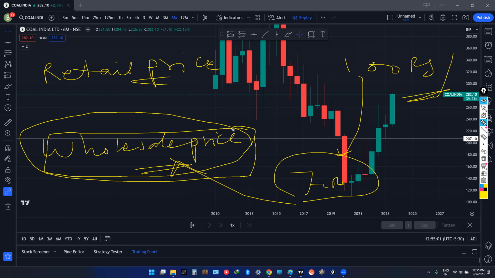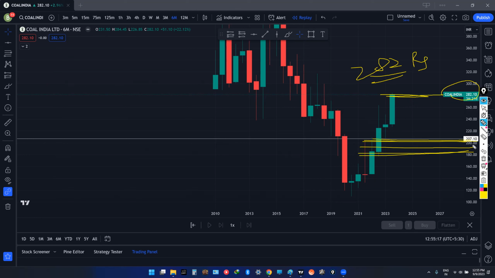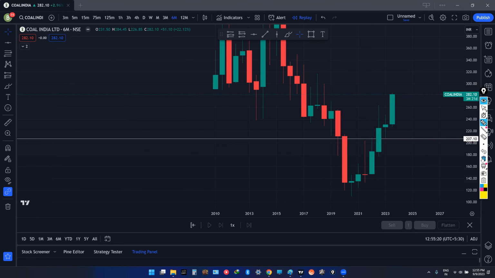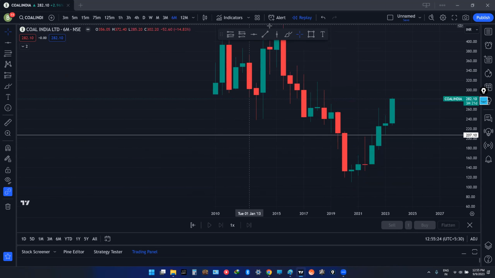So the big people, they try to buy at wholesale prices. And we are the fools. We try to buy at retail price when the price goes up. So this is a very high price. This is a retail price, 282 rupees, where we are trying to buy. What was the wholesale price? These were the wholesale prices, 180, 200. These were the prices where the big people have already bought. So we never try to capture those prices. Why do we never try to capture those prices? Simply because